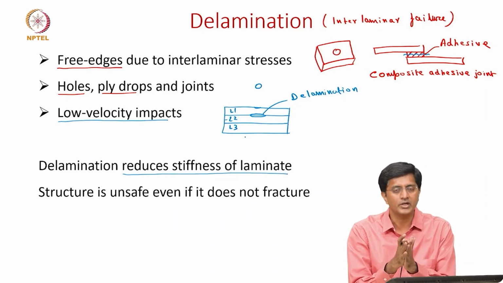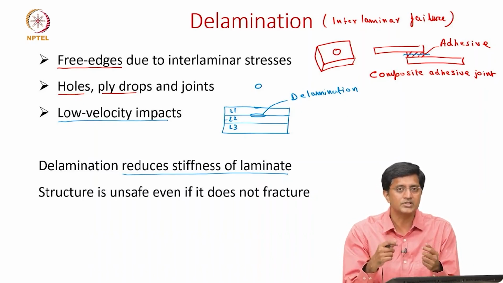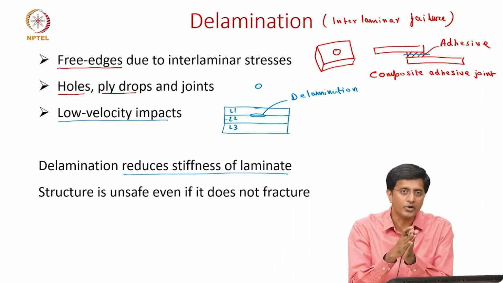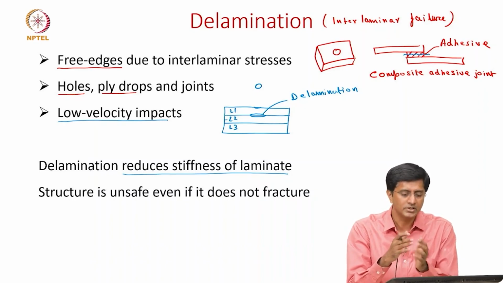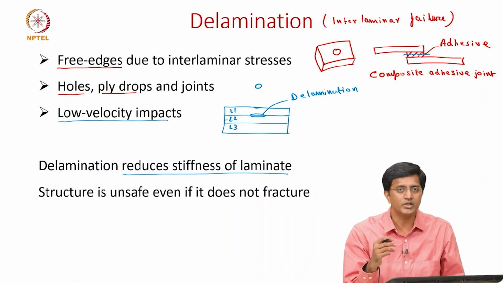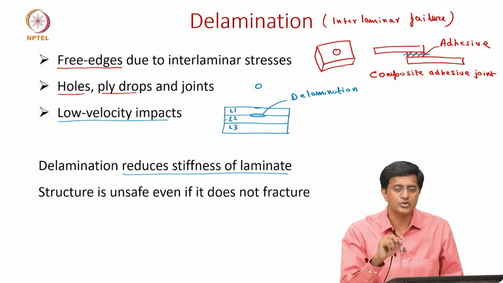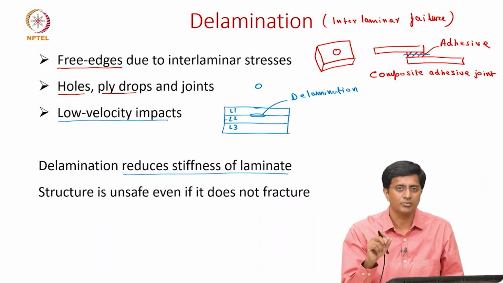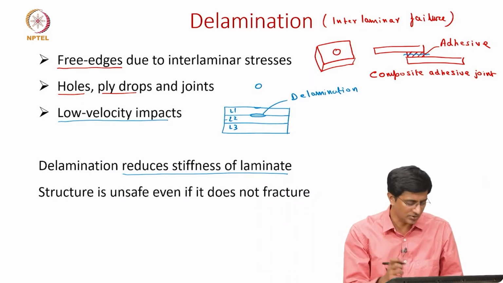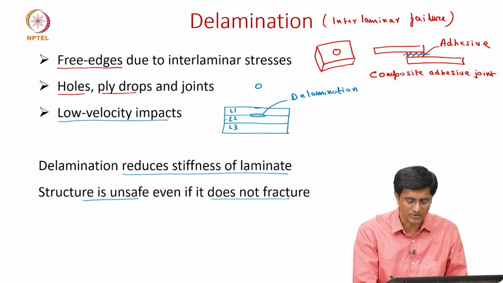So I think we recall initially we discussed why the stiffness of the laminate is high. Because these are all bonded with each other. Once that bond is compromised, then the stiffness of the laminate also is compromised, which may not be good, because we have designed this structure assuming that it is stiff. But now that the structure is less stiff, the structure can be unsafe even though there is no fracture,